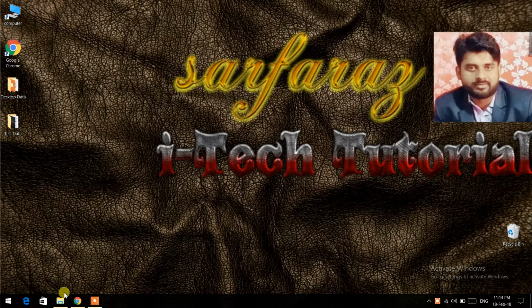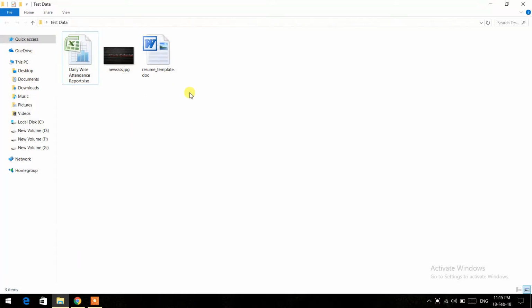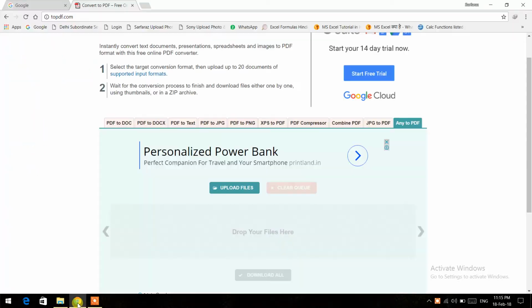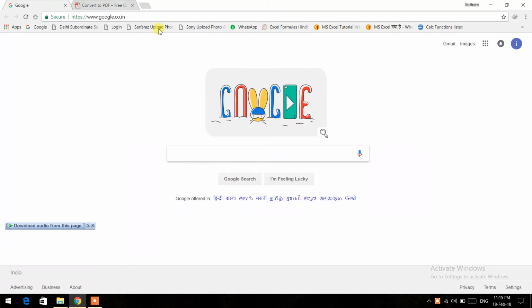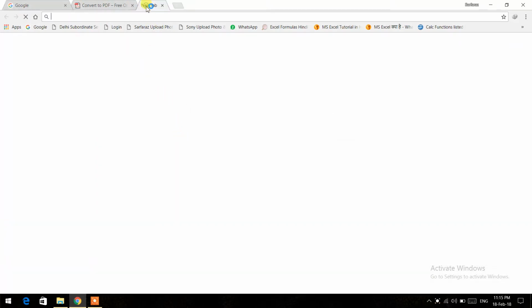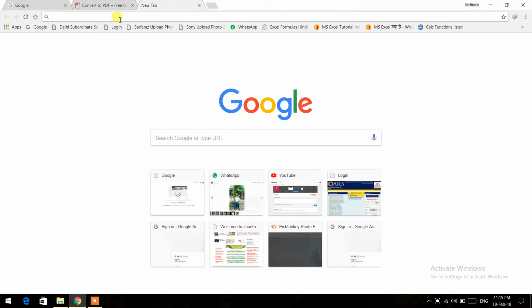These are some other files like Excel sheet file, JPG files. Here is the doc file, Word file. So I'm going to convert these files into PDF file. To convert this file, first you have to open any browser. I have opened Google Chrome browser, and in Google search or at the URL box you have to type to pdf.com,